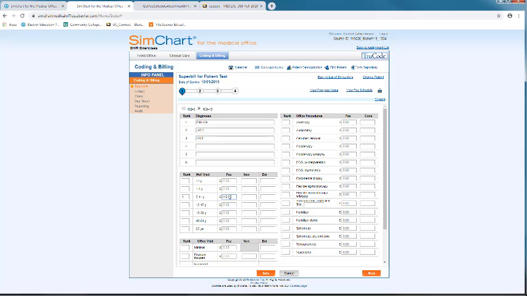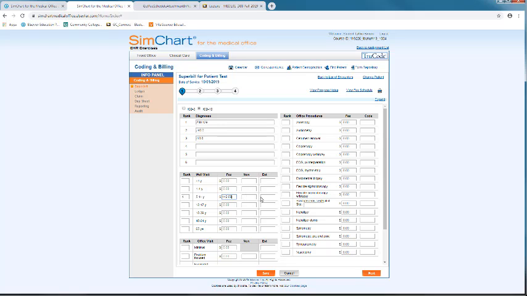You do have to enter your decimals. You have to give me the proper currency format. You do not have to enter the dollar sign. It is already entered on your screen. So if the fee for Dr. Larson's well visit for a 5-year-old is $142, she also should have said whether or not this was a new